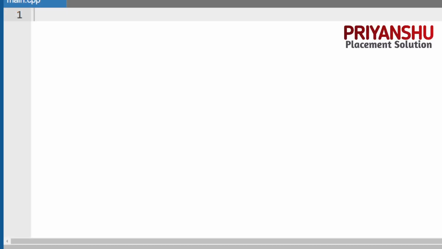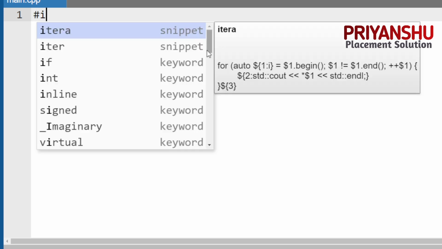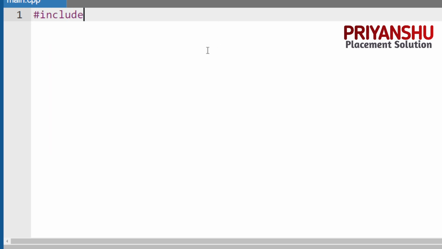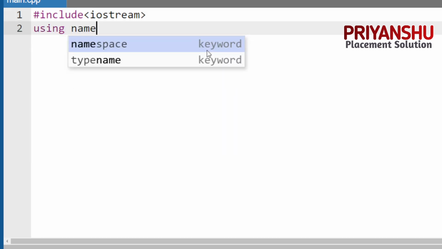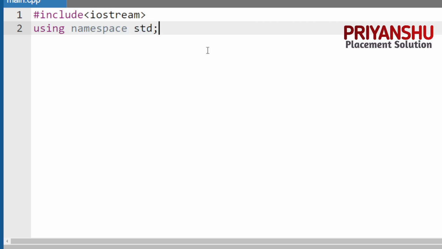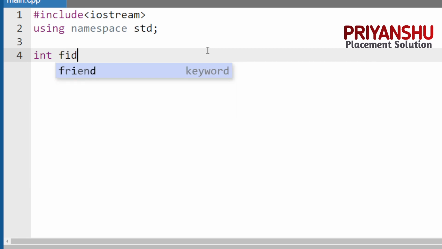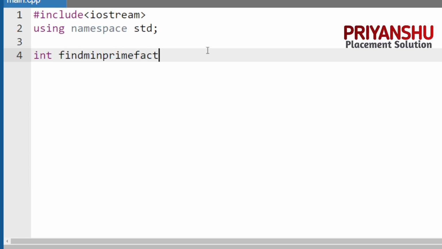Okay, let's see this code in C++, guys. How to make this code in C++? In C++ also you have one function. First I need to take the header files, because I am not in the exam, iostream, since I have to write the full code. So using namespace std, and let's make one function, int, with the function name, let's suppose, find min prime factor.